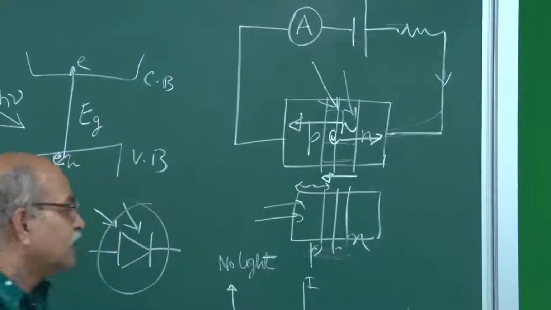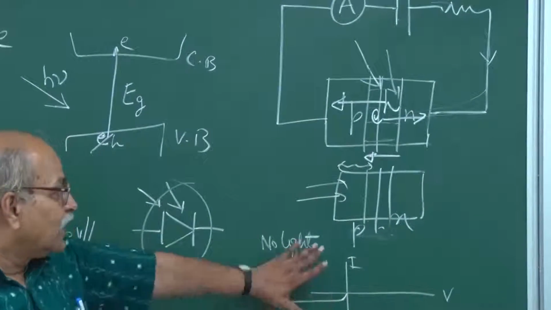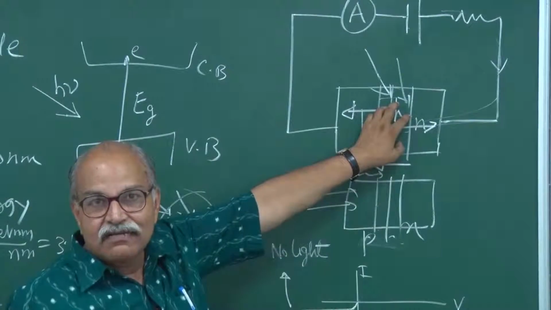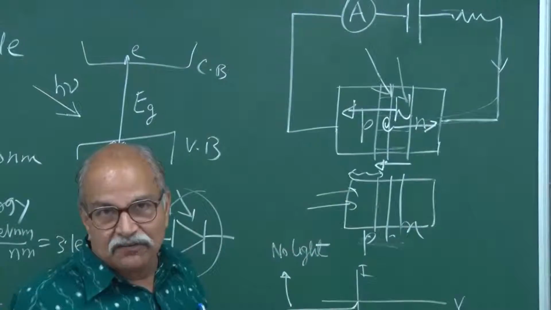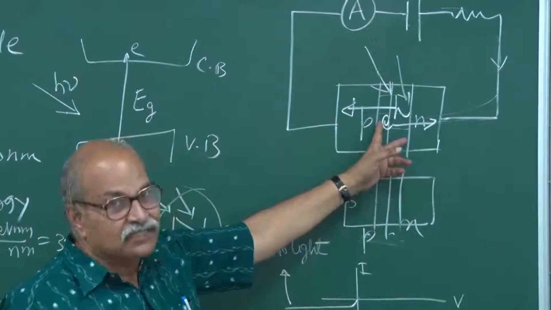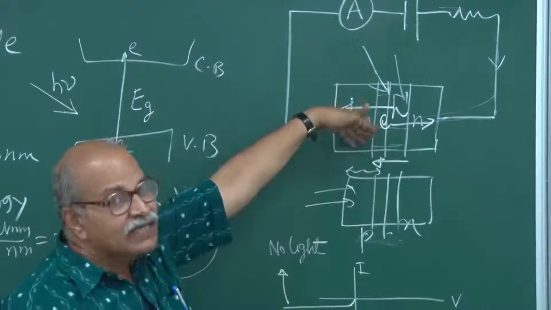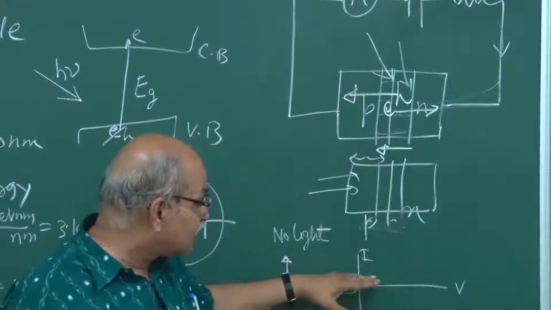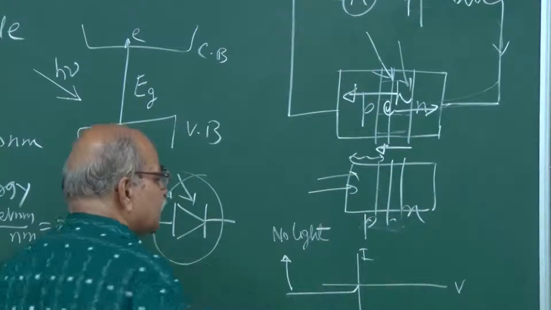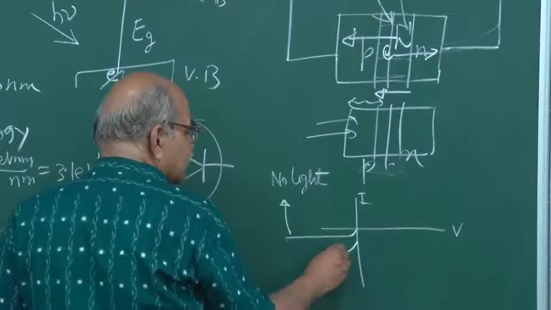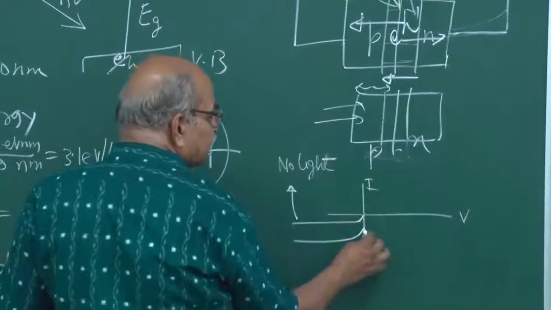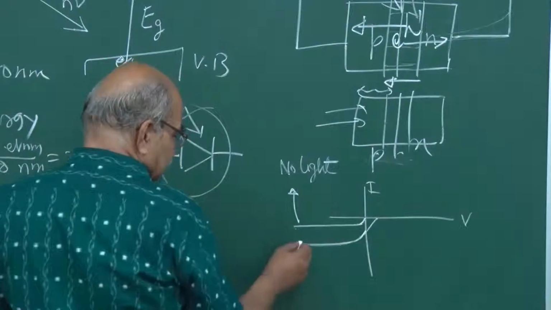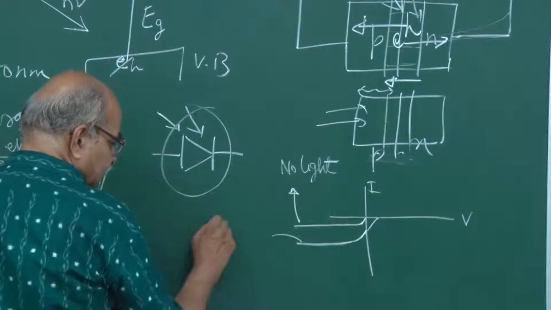that is the reverse current. So, if there is no light, you have a usual minority carrier current or the thermal generation of electron hole pairs in the depletion layer that is contributing to the current, and then you put light and extra electron hole pairs are there and they are contributing to the current. So, this reverse current will increase, and so the characteristic will be something like this. On this side, if you extend, it will be going this way, but we are interested in this reverse bias region. So, this is with some intensity, right,